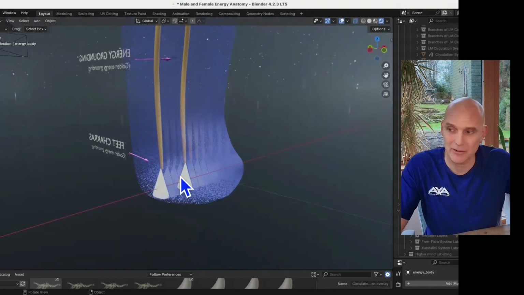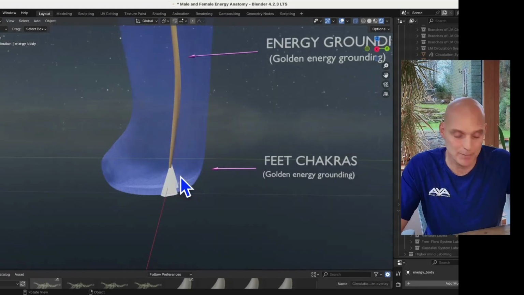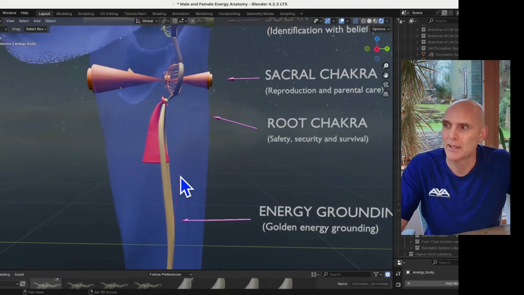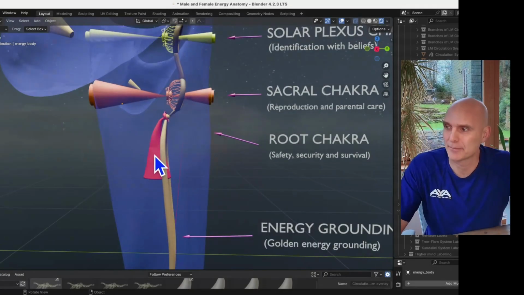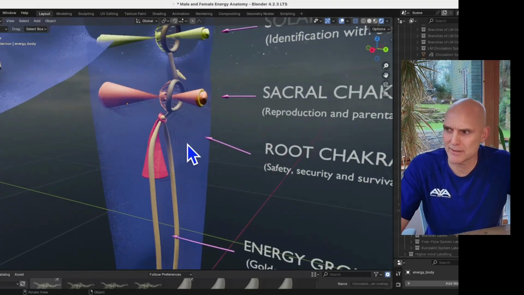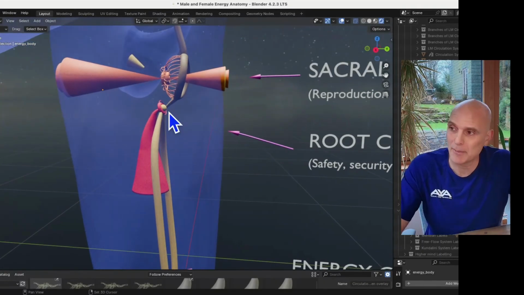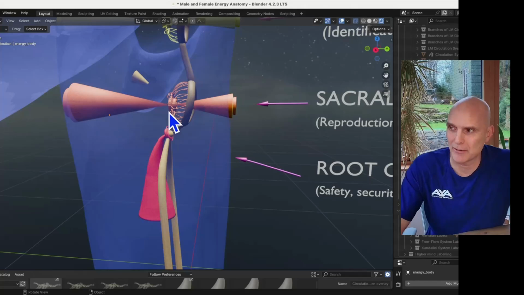So the feet chakras themselves are a specialized type of chakra which has been specialized for grounding. Now, why do we need grounding? You might ask. Why does golden energy need grounding? Well, that's going to become clear as I start talking about the function of some of these other chakras, because